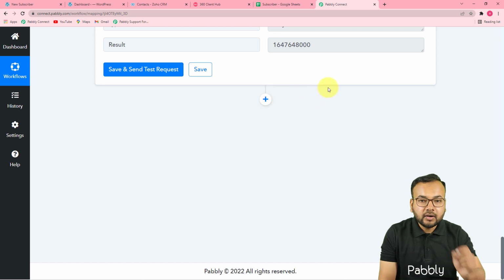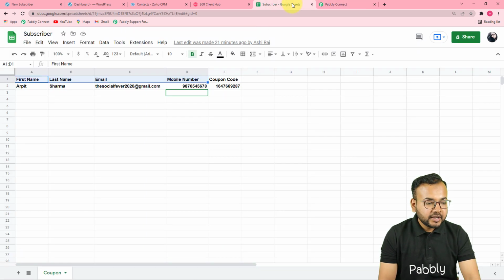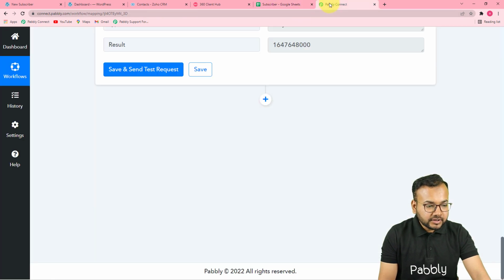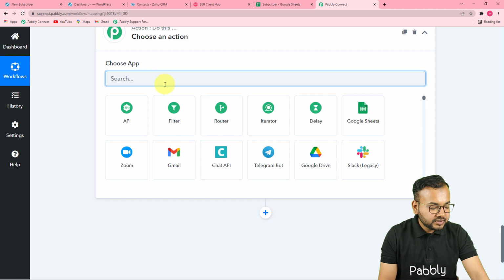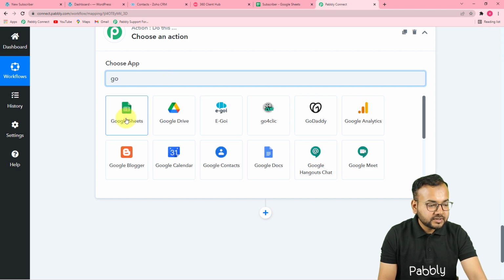But before this, I also want to add this customer in my spreadsheet here as this. So here we are saving the first name, the last name of our customer, the email address, the phone number, and the coupon code. Okay, now for this to happen, you have to connect your spreadsheet application here in this actions tab. Click here on this plus icon, and from this actions tab, search for Google Sheets. This is Google Sheets,